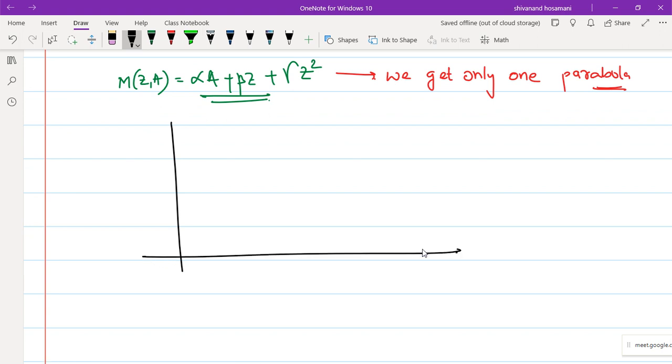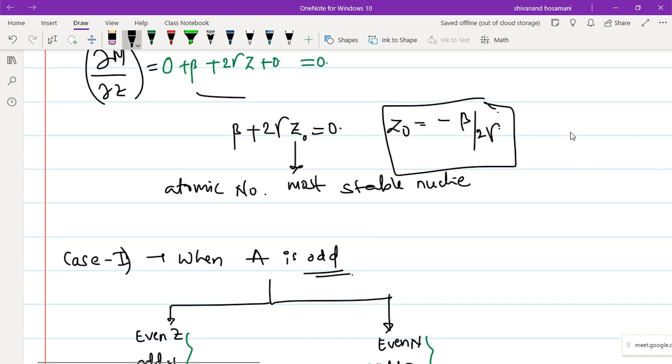So if you plot this as a function of Z, and here along the y-axis, I get the parabola like this. Then I told that vertex means this lowest point is called a vertex. At this point, the Z will always be equal to Z0. Here Z0 is given by, I have already given that Z0 is equal to, so that will be the most